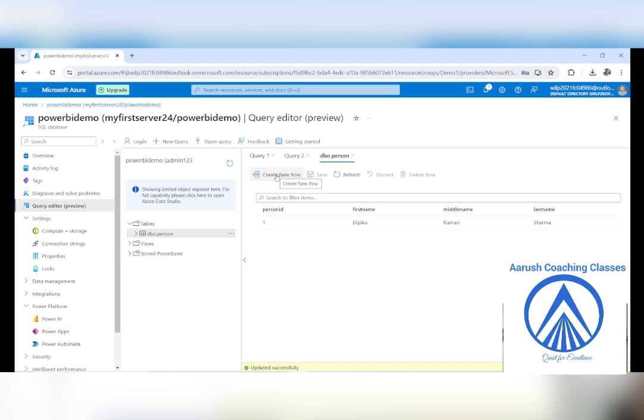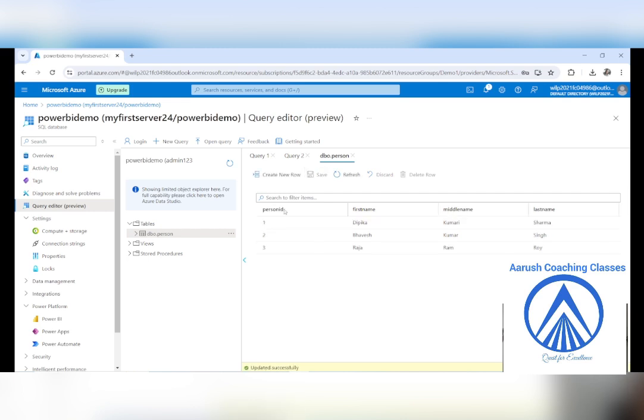Now I'm going to create another one, create new row, and then please leave the person ID as it is. In the first name, you can write here Bhavesh Kumar Singh. Okay. Again, you're going to save it. Then you have the second value. In the similar fashion, we are going to create 3-4 names. So I will say, okay, Raja Ram Mohan Roy. So this also I'm going to save.